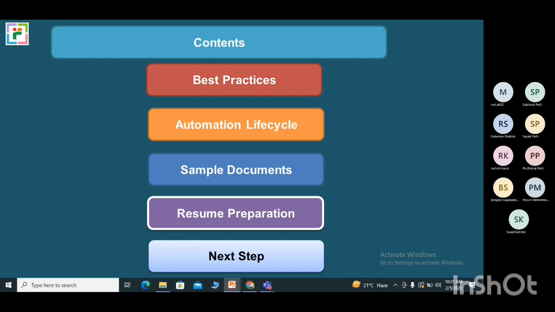In that case, your response is very important, so we'll discuss what you have to do in that part. So, in best practices,